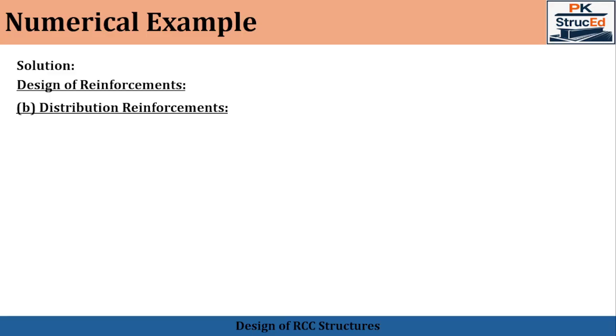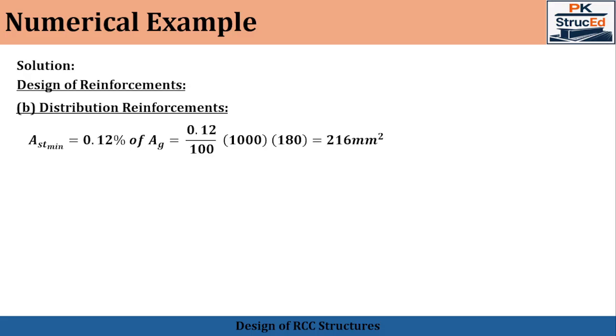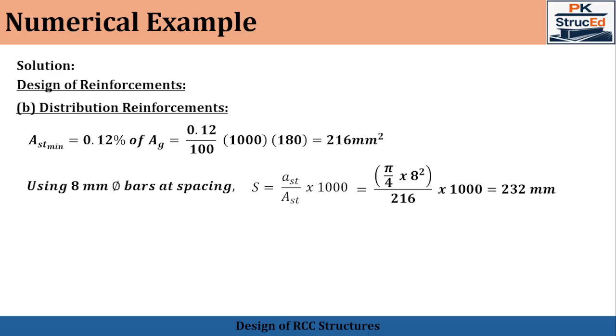Now we'll move on with the design of the distributors. As you know, it has already been discussed that the distribution reinforcement will be calculated based on the minimum percentage of the reinforcement, which has been calculated as 216 mm square. So assuming 8 mm dia bars, the spacing of the bars will be calculated as 232 mm. Here Ast, small ast, is the area of one bar, that is pi by 4 into 8 square, divided by the area of the steel required,